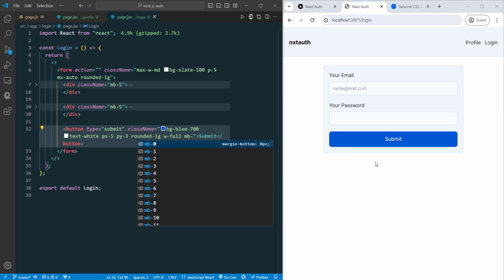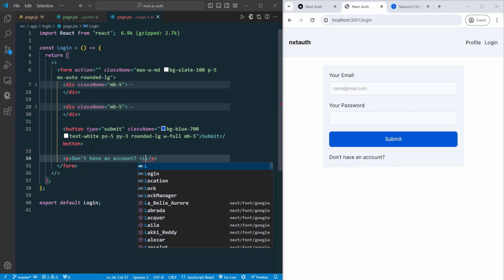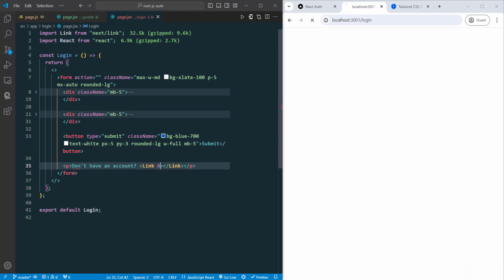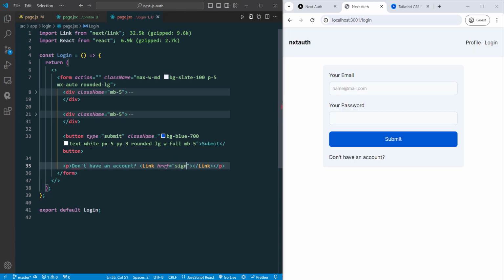So now we can create this small link that will take us to the sign up page just in case we don't have an account. So let's say p tag, don't have an account, and I'm going to create the link using the Next.js component, the link component. So let's say link, and the href would be sign up. The text would be also sign up,